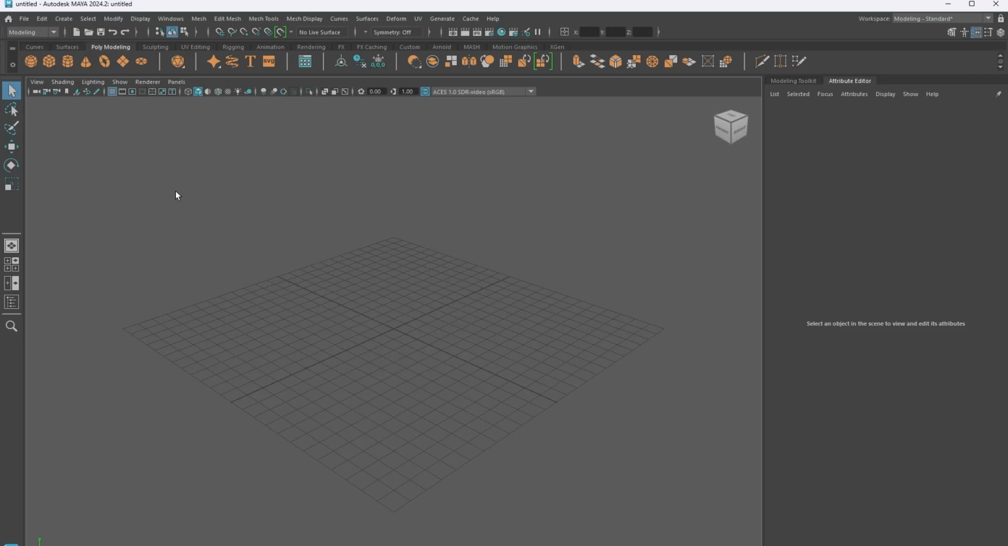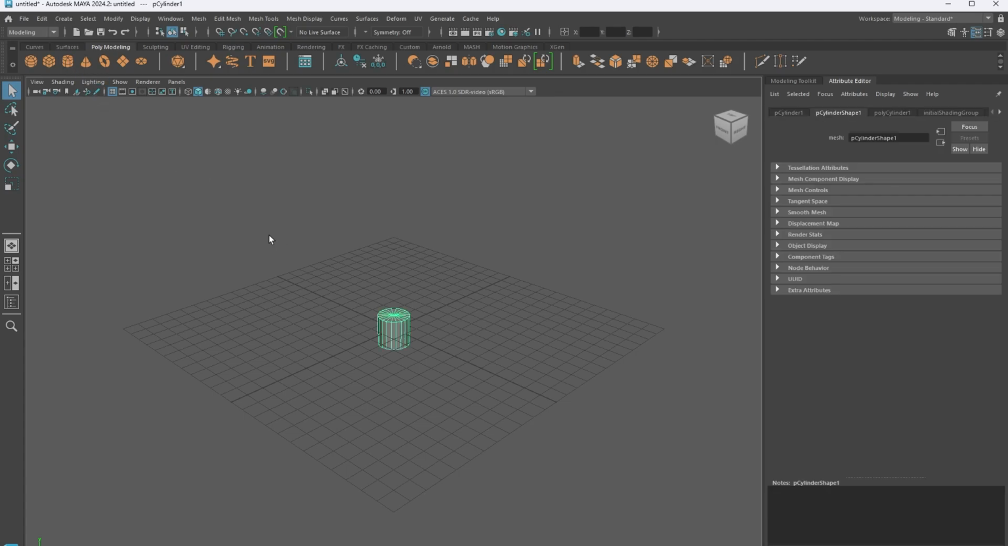Hello, hi. We're going to talk about how to deform an object. One of the most important things to deform or change shape, twist, curl, or bend is that you need a lot of subdivision. So, for example, if I bring in a cylinder and I expand it further,